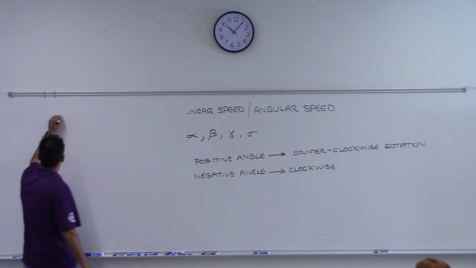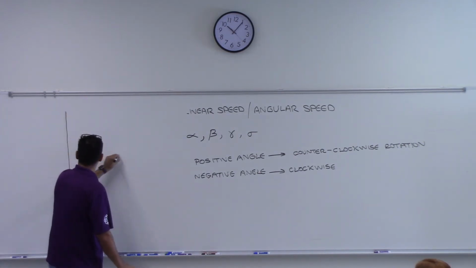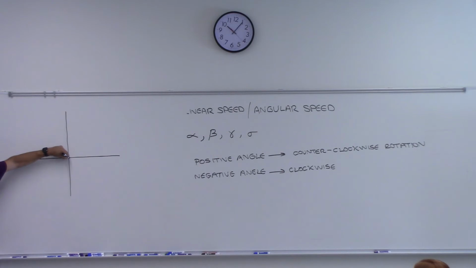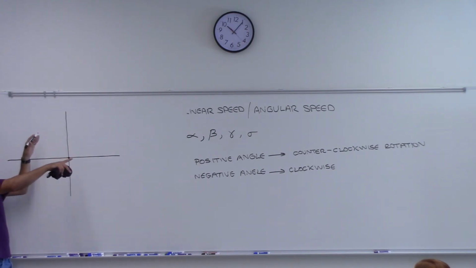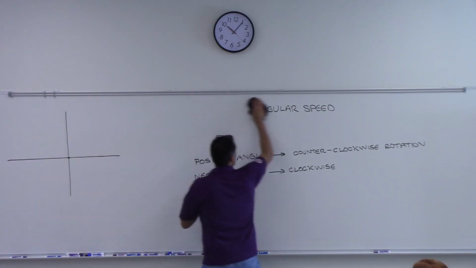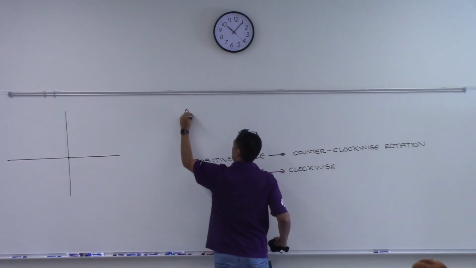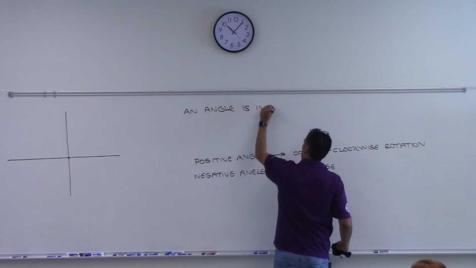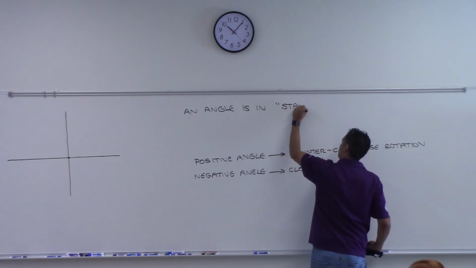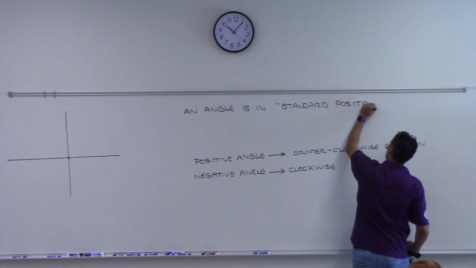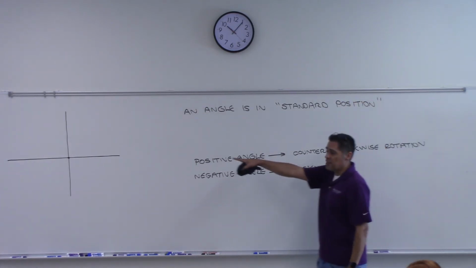But oftentimes, most of the time, what we want to do is put the center where the two rays came from at the origin, and then draw our two rays. And we say that an angle is in standard position, okay? An angle is in standard position, right? If it starts at the origin,